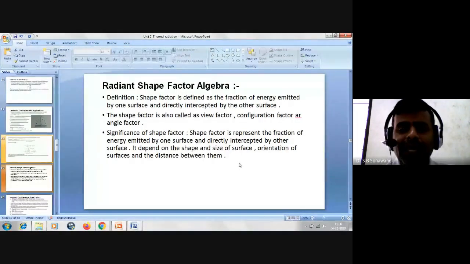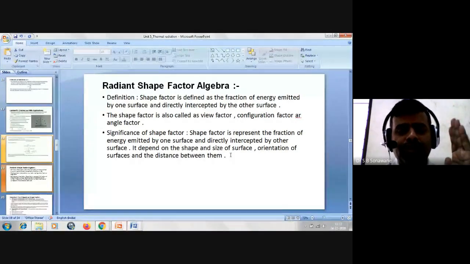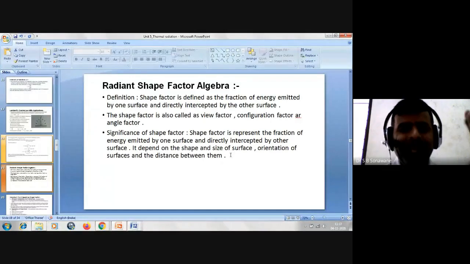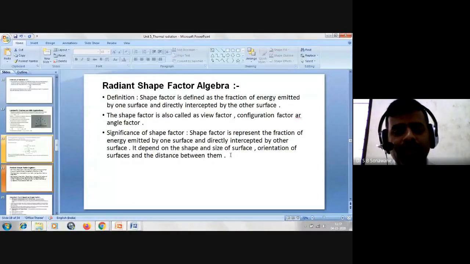Okay, and when we are standing in front of that furnace, some 5 feet or 10 feet away from that surface, still we are feeling the warming. So this is basically the exchange of the radiant energy from that oven surface or the furnace surface to our body. It doesn't mean that our body is not radiating energy. Our body is also radiating energy, that oven is also radiating energy. We are basically interested in who will emit more energy. Of course the oven or the furnace will emit more energy because it is maintained at a higher temperature.